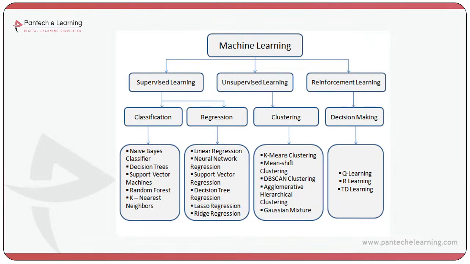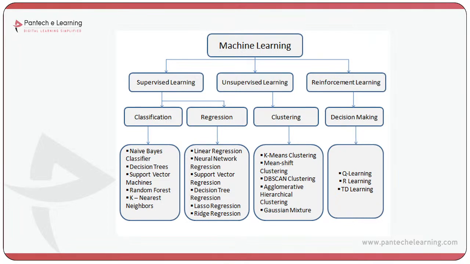Machine learning can be categorized into three types: supervised machine learning, unsupervised machine learning, and reinforcement learning. In supervised machine learning, we work with labeled data. What is the meaning of labeled data? We take the input and assign it to the output in supervised machine learning. Unsupervised machine learning only has input values, not output. Reinforcement is not the